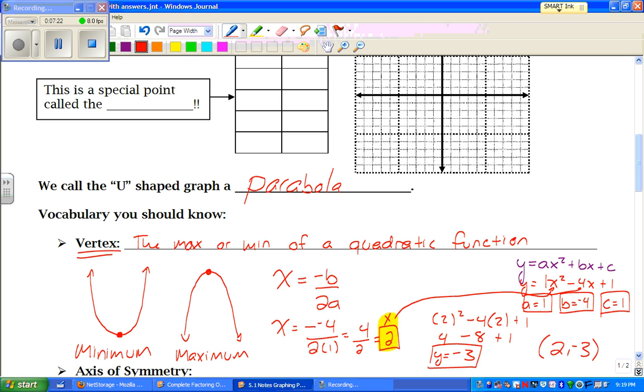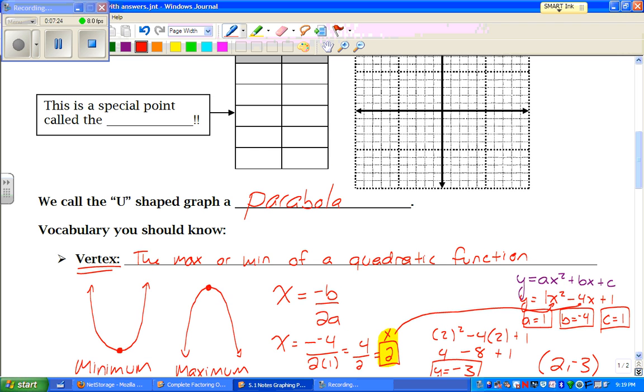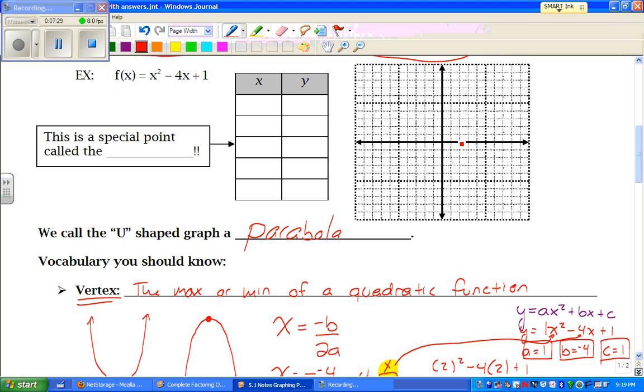That's my y value. So in this situation, I have an ordered pair 2, negative 3. When you look at the calculator, make sure that you have the same vertex. It should be at 2, negative 3. Okay, so 1, 2, 1, 2, 3. 2, negative 3 is right there. I'm going to put a little V for vertex